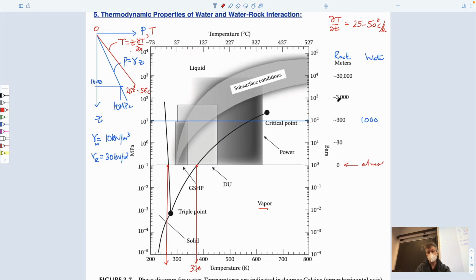So at 3,000 meters of rock, then I suppose what would be our temperature? At 25 degrees centigrade per kilometer, 3 kilometers, it would either be 75 degrees centigrade or 150. So looks like this graph is a little off. 75 degrees centigrade is somewhere here. So, and 150 degrees centigrade is somewhere here. So it seems to me it's a little off, but these are the temperatures that are being talked about,